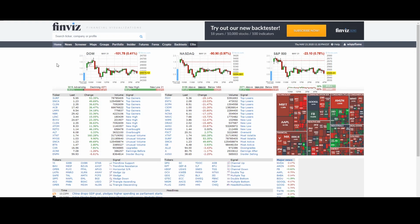The final free stock screener website that we're going to be looking at is called Finviz. Now, Finviz is primarily used for screening stocks in the US market. And you can screen it in terms of fundamentals of a particular company. And you can also screen stocks based on its technical chart patterns. So if we go to the screener,